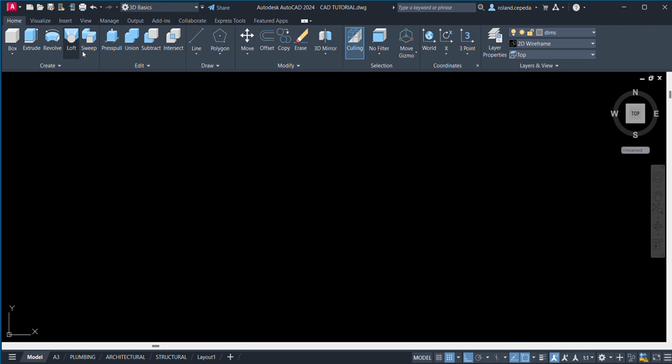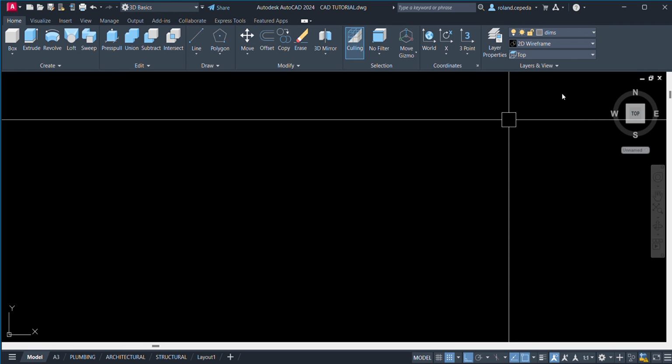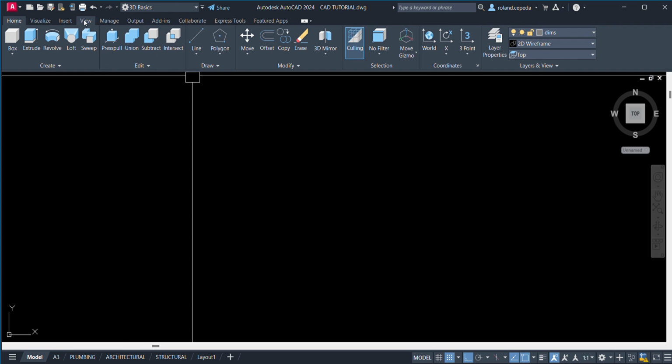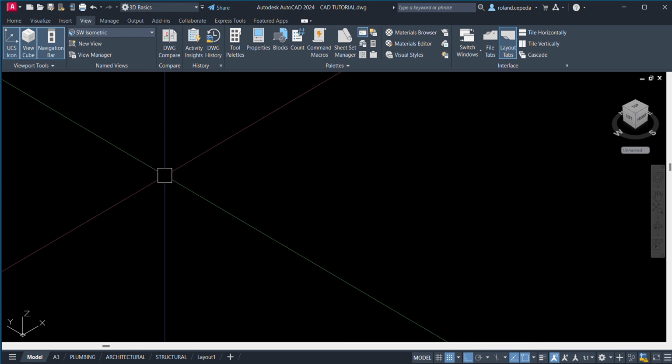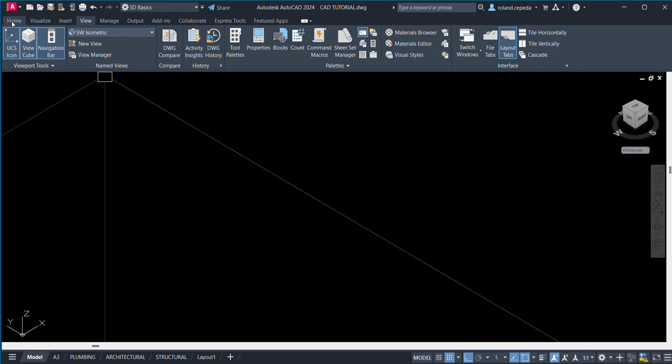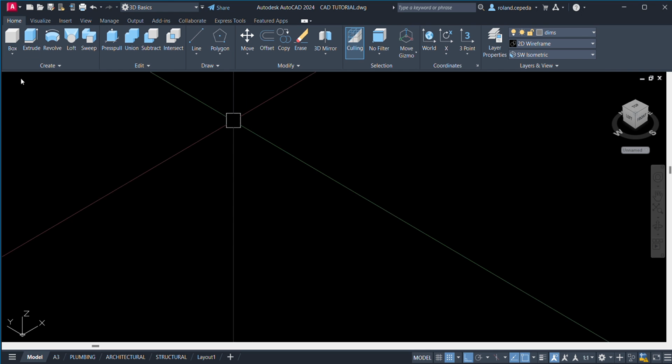So there you go, the icons were changed, and then the next thing to do is change the view here. From top view, let us change this one into southwest isometric view. So there you go. And then let us return to home and create some basic 3D solids.